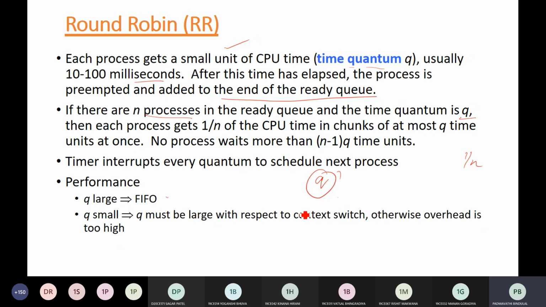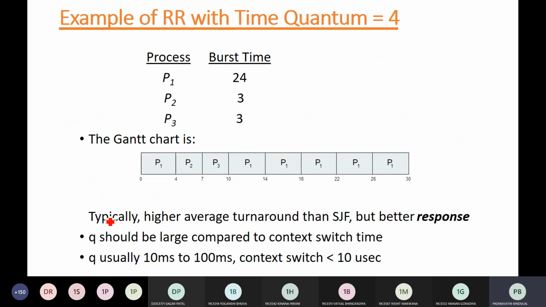Now, deciding the time quantum is a huge question. How do you decide it? If you take a larger time quantum, it will act as FIFO, that is first in first out, or FCFS. And if your time quantum is quite small, then you will have a lot of context switching. That is overhead, because we are not doing any useful work. You are just saving and reloading processes, not doing any meaningful work. So you have to choose your time quantum quite wisely when the operating system is designed.